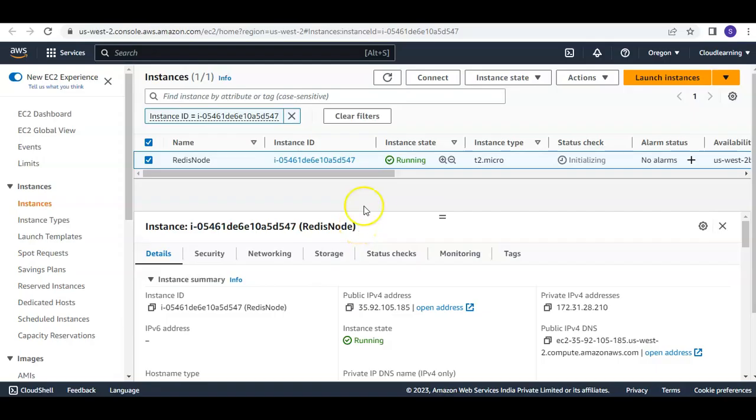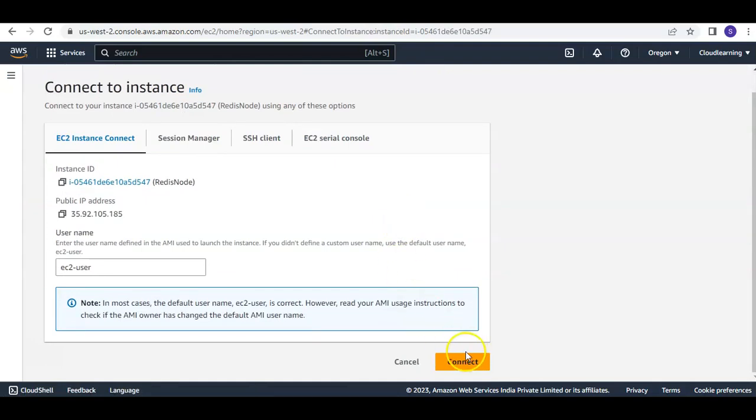So here you can see, guys, I have created one Redis EC2 instance, and on that EC2 instance I'm going to install the Redis CLI, which is an open source platform, and then from that Redis CLI we'll try to connect to the Redis node that we have created in the Elasticache. This is an instance with the Amazon Linux image or the operating system. I'll just click on connect, login into it,